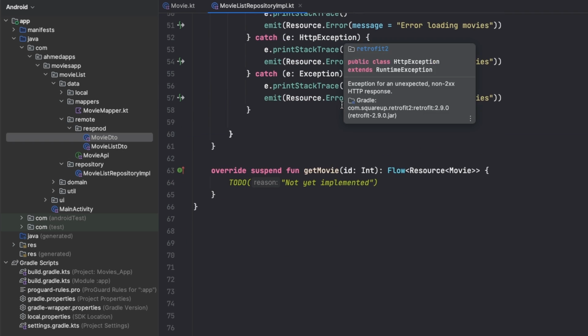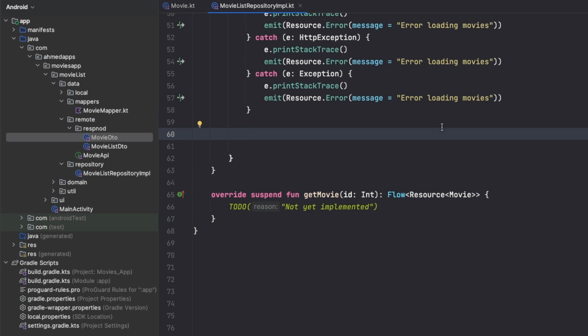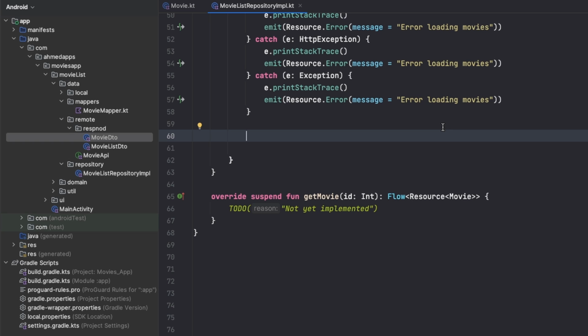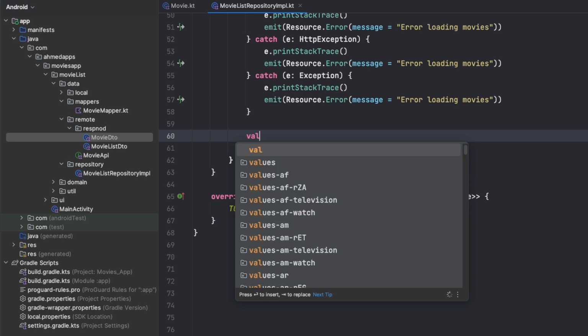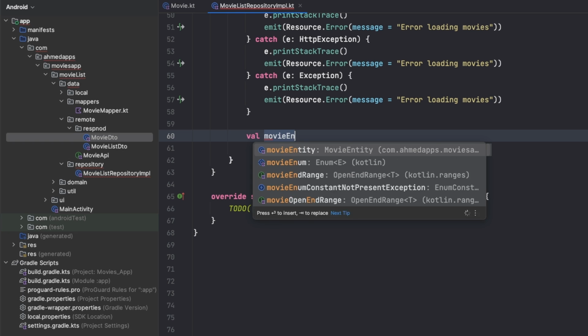Now, after getting our movie list, we want to map that into a list of movie entities to store it inside the database, because as I said, this is an offline-first app, and anything we display in the screen or in the app is what we get from the database, not from the API. So even if we get these from the API, we first store them in the Room database and then get them from the database, because this is an offline-first app. It works in offline mode. So var movie entities,